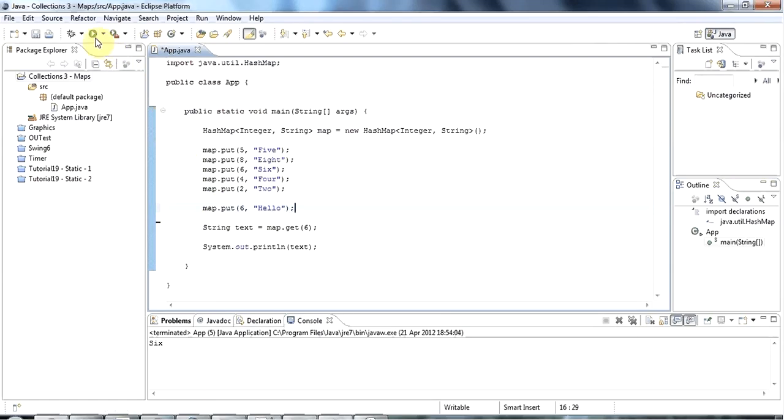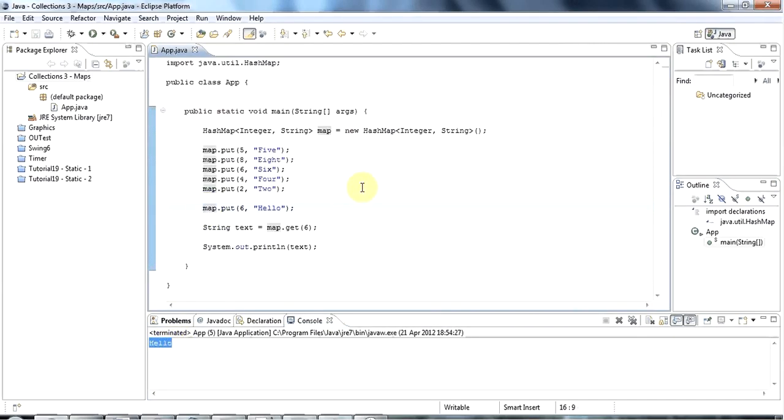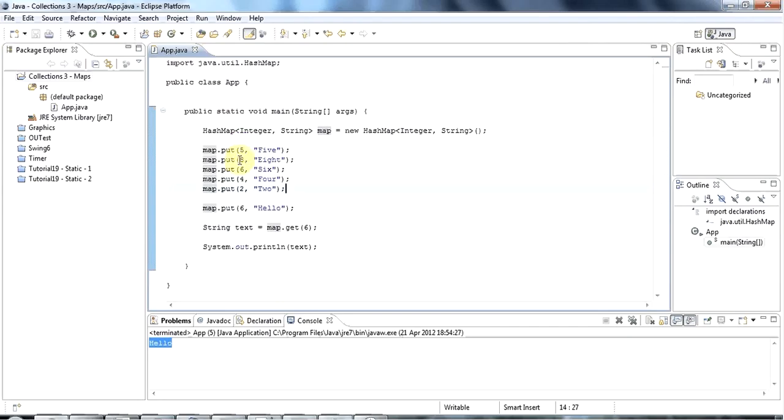What happens is that your second put will just overwrite the first. So although you can happily have duplicate values in a map, you cannot have duplicate keys. If you try to add a duplicate key, you'll just overwrite your previous key, which is fine if that's what you want to do. So that's putting and getting, basically the essence of maps, and there's not a whole lot more to them. But sometimes you might want to iterate over all the key value pairs in a map,